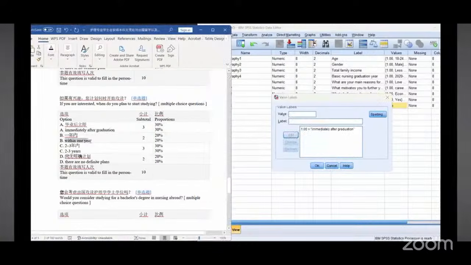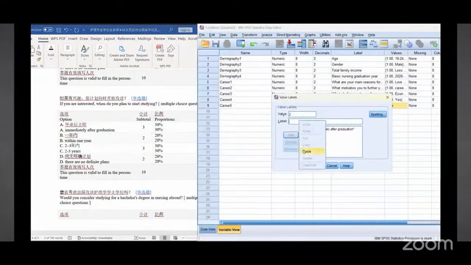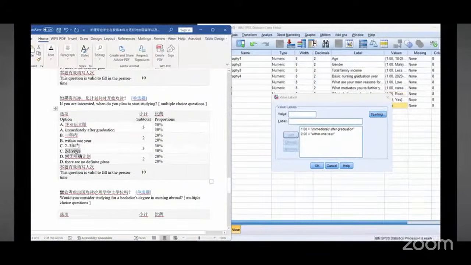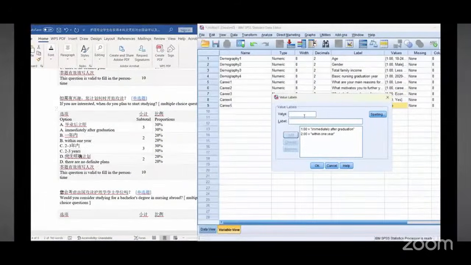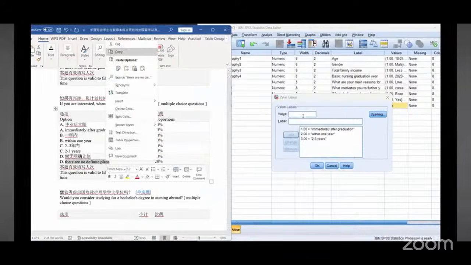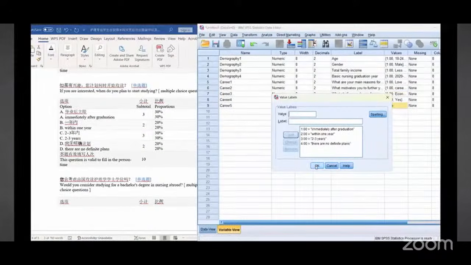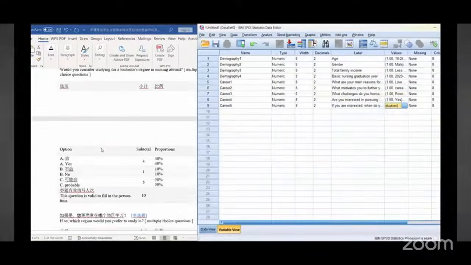Immediately after graduation, within 1 year, copy, paste here. 2 to 3 years, copy, paste here. There are no definite plans. Before, copy, paste here. Okay, then click OK. All right,